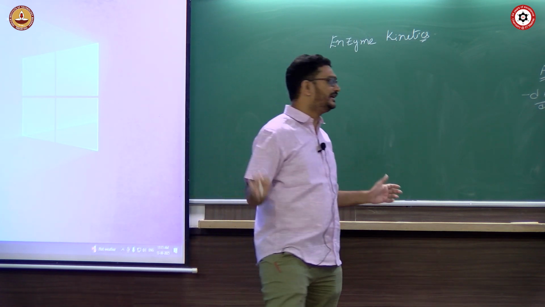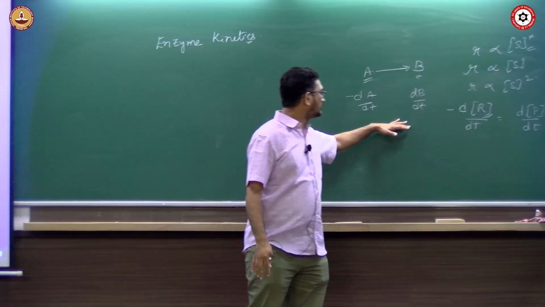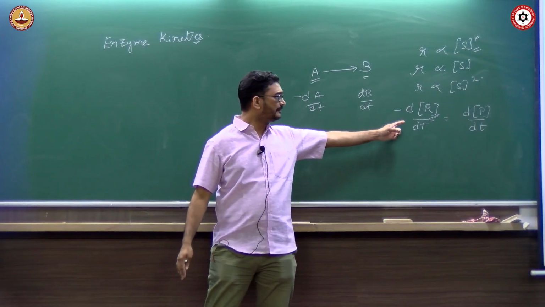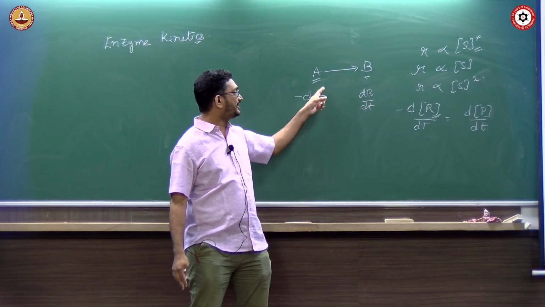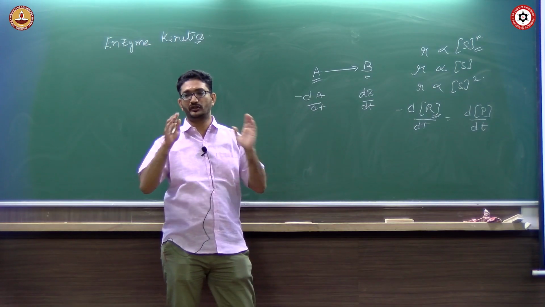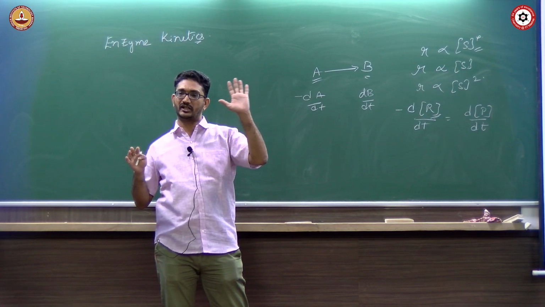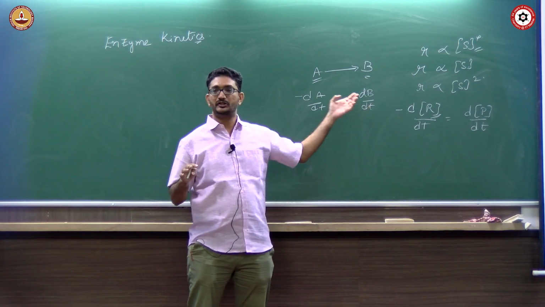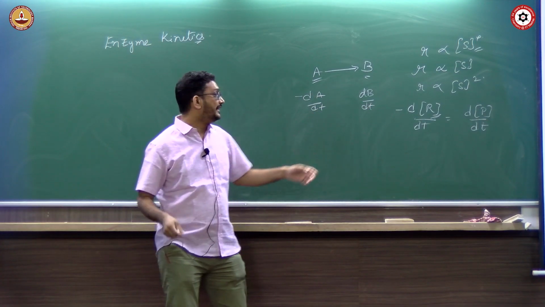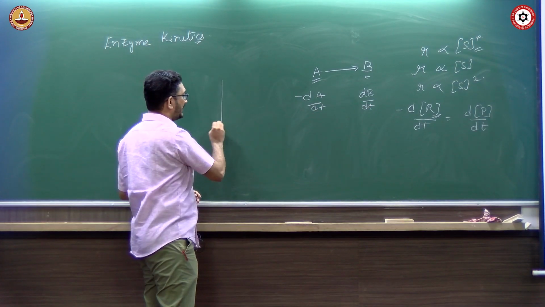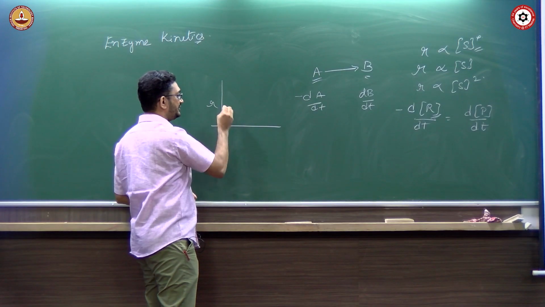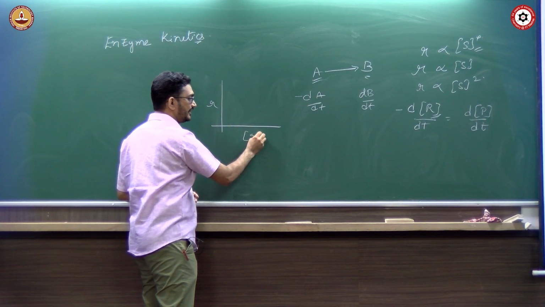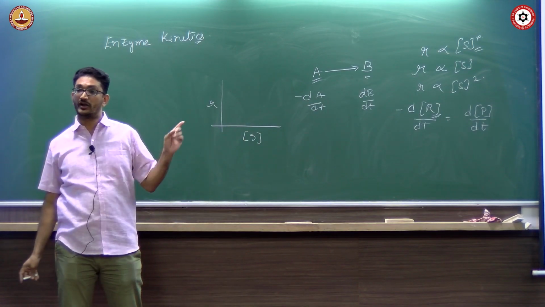So there are many methods, but let us not worry about the methods. You can determine the rate of a reaction by monitoring at different time points. At every different time point, you measure either the concentration of reactant or the concentration of product, and you can determine the rate of the reaction. Now if you determine how the rate of the reaction is changing with the concentration of the substrate, you can determine the order of the reaction.